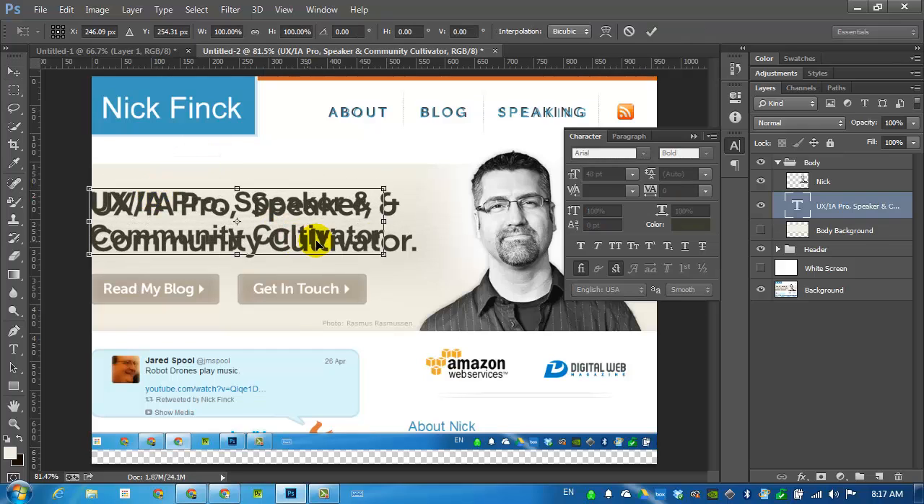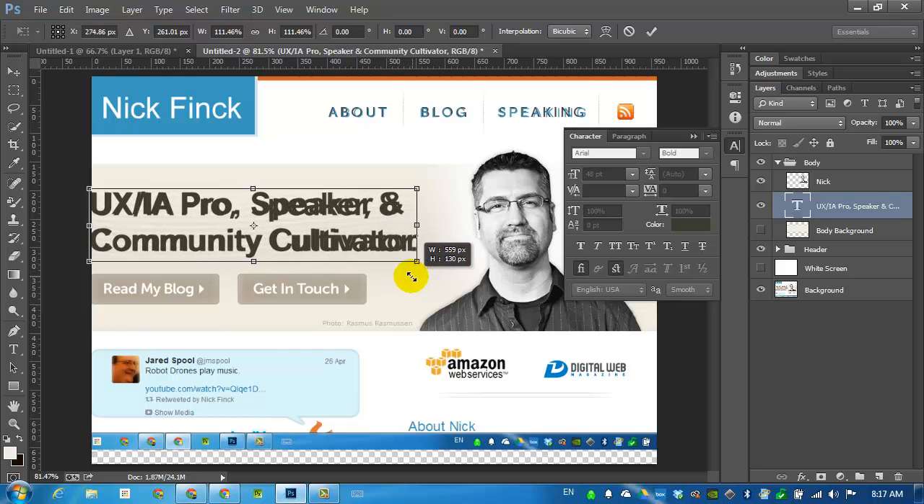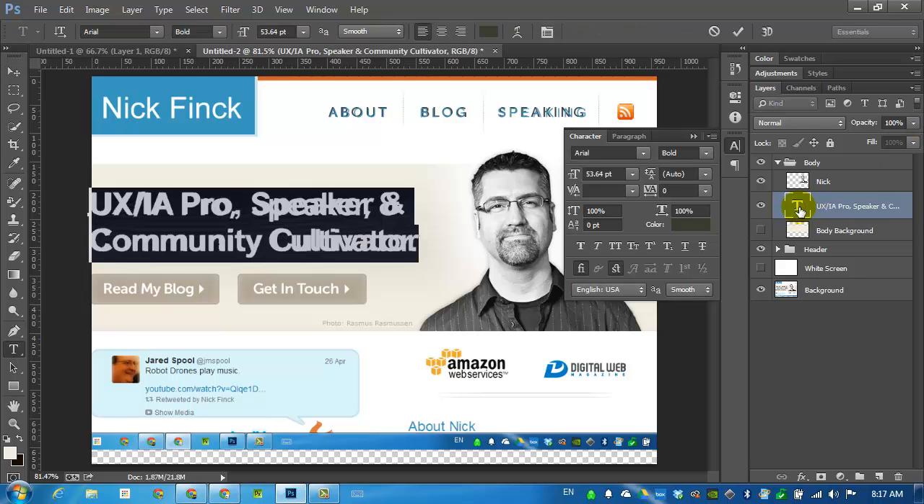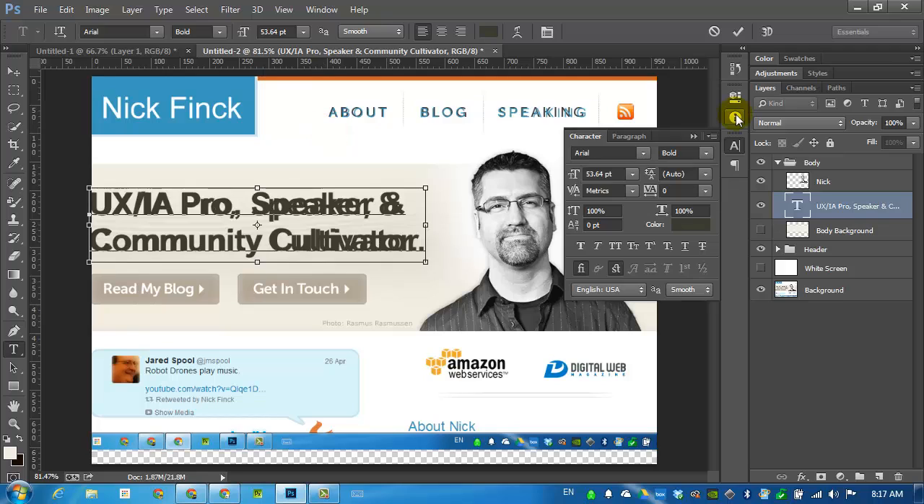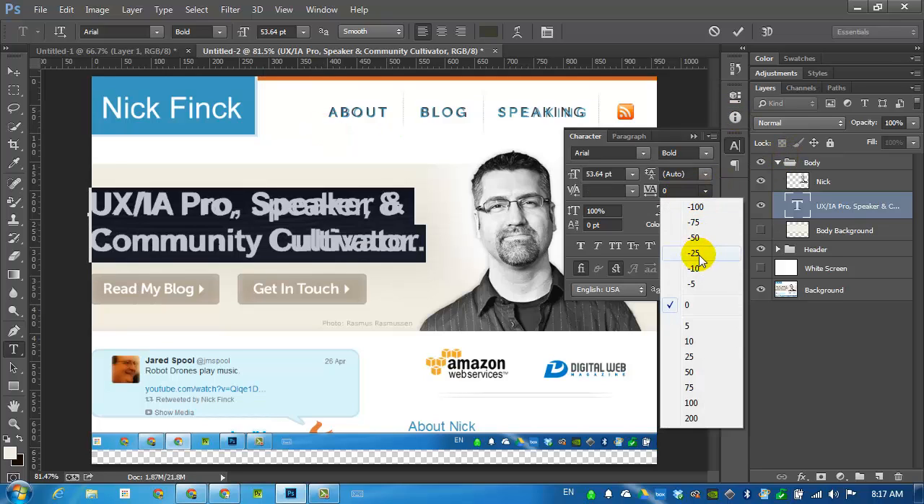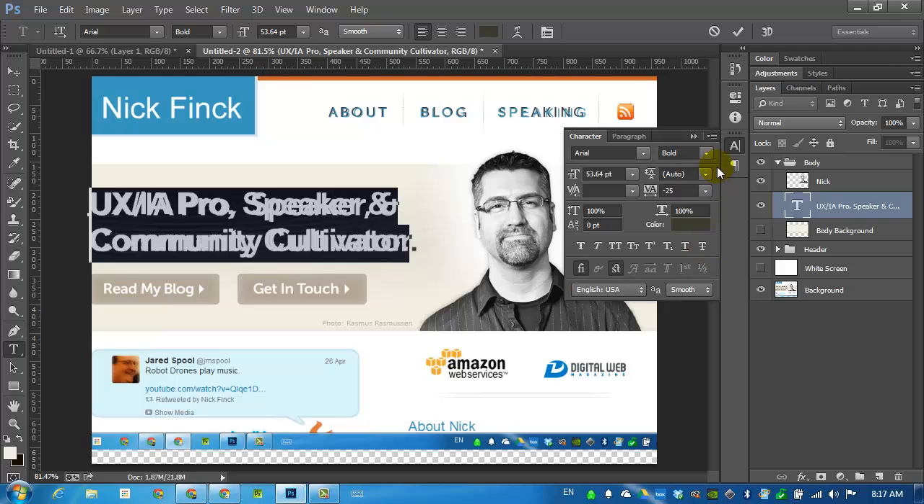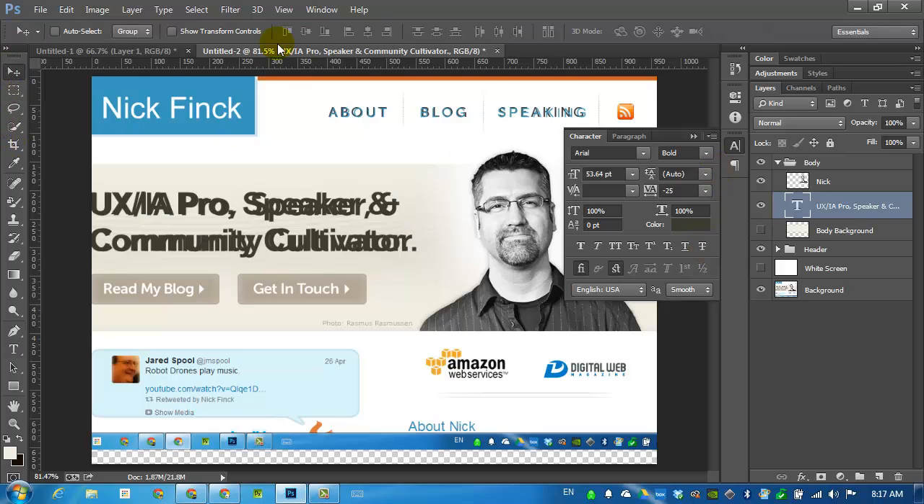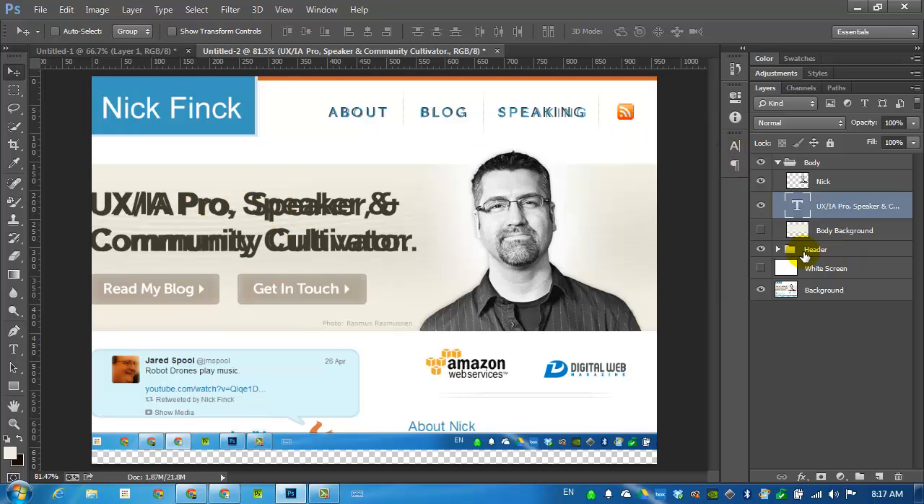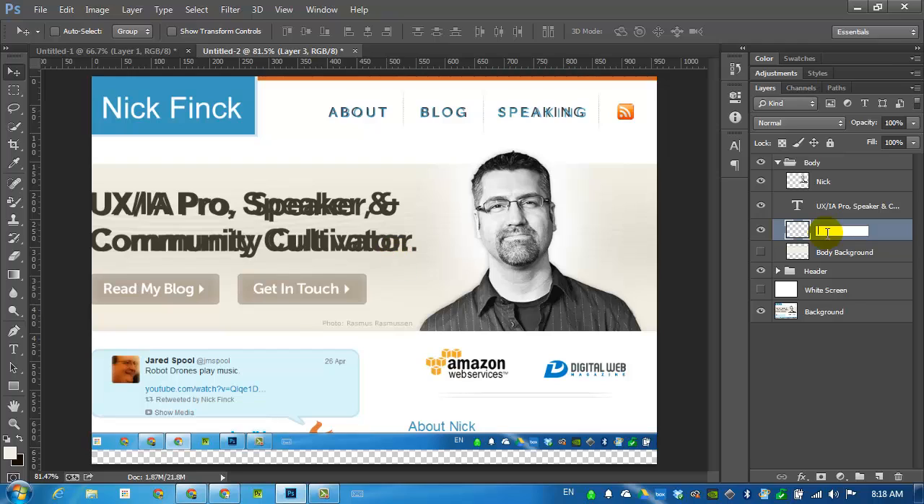Press Control T to do the free transform, stretch it out, and right about there. Press return to accept. I'm missing the period at the end, and maybe I can give it a little bit of negative kerning, maybe minus 25 or so, and that would work. I'll hide my character palette, and I'll click on the body background and I'll create a new layer. I'll name this button 1 box,